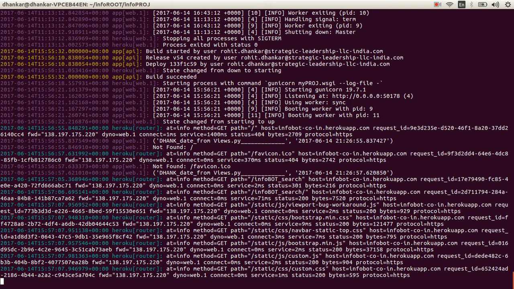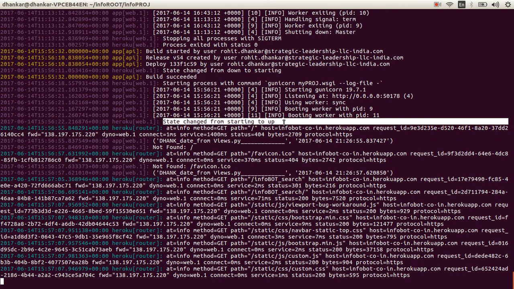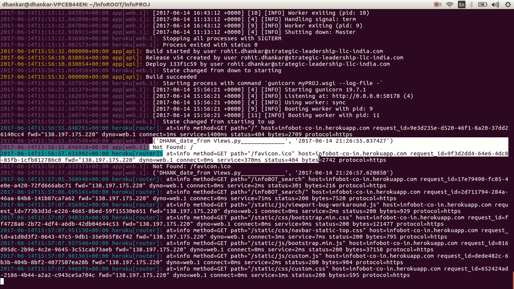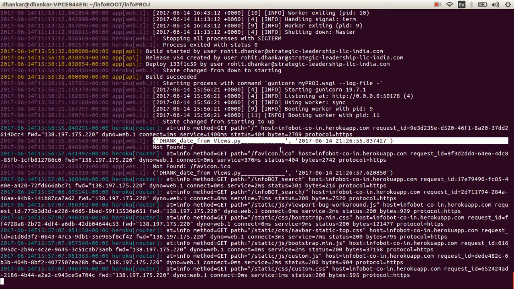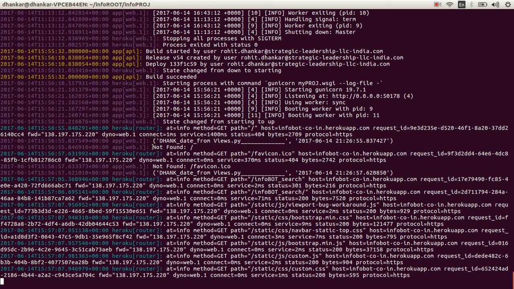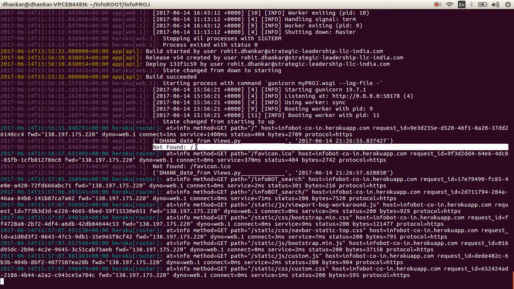Starting to up. This is what I am interested in. This line over here, state changed from starting to up, which means the application is running fine. Okay. Host info bot. Okay, so this is okay. This is just from my views. This is okay, perfectly fine, not a challenge. And this, it says not found. So / not found is basically